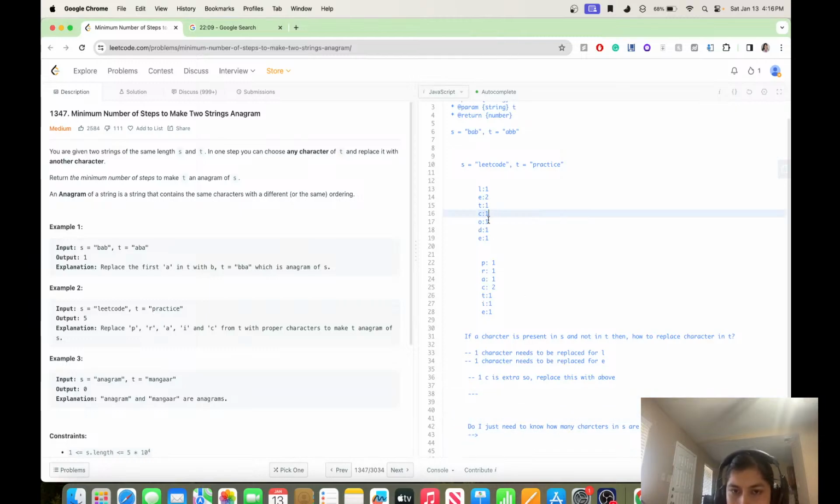So 1 C and O. O is 1. So O is also missing, because there is 1 O and there is no D anywhere. D is also missing, right? Because there is no D here. And E is 1. Okay, that's fine. So it means that